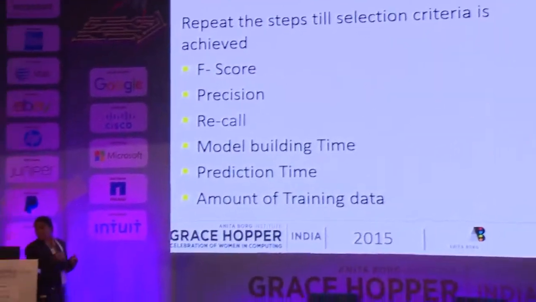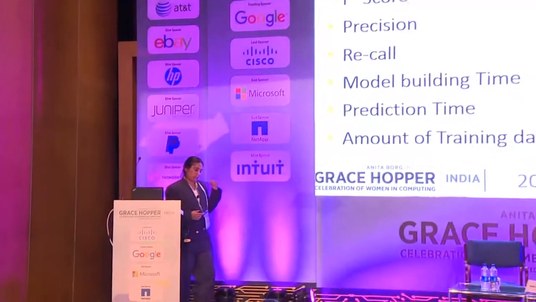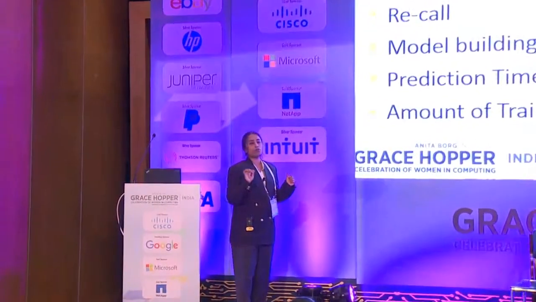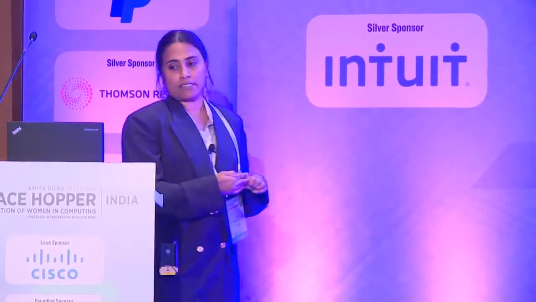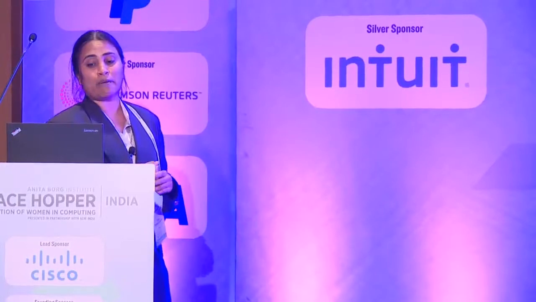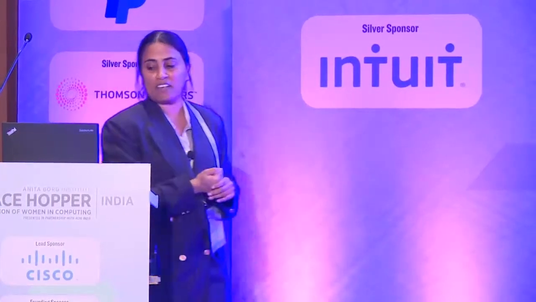And the third thing you could do is, if you're happy with the existing algorithms, you may want to tweak the different parameters. That's when a more detailed understanding of what those parameters do and how they affect your output is important. You go into detail, saying this parameter affects it this way, so if I change it in a different way, I'll probably get a different output. That is when you start working on the algorithm itself. This is from the consistency point of view. There are also other problems like model building time, prediction time, and training data.